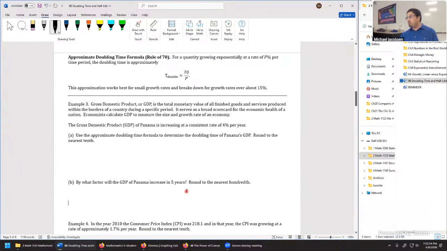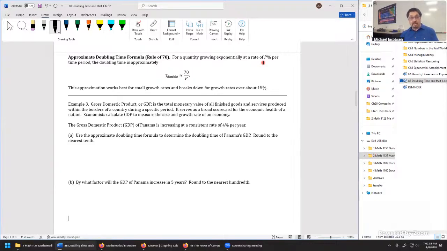So here's what the rule of 70 is trying to say. If a quantity is growing exponentially at a rate of p%, so now we don't know the doubling time, we just know the growth rate. Much like on our exponential models in examples from Unit 8A, like the caffeine and the milkweed, we had percentages. We didn't have doubling time whatsoever. But if we wanted to, you could go back to those units and find the doubling time in those particular examples. It's tricky because when it says p% here,